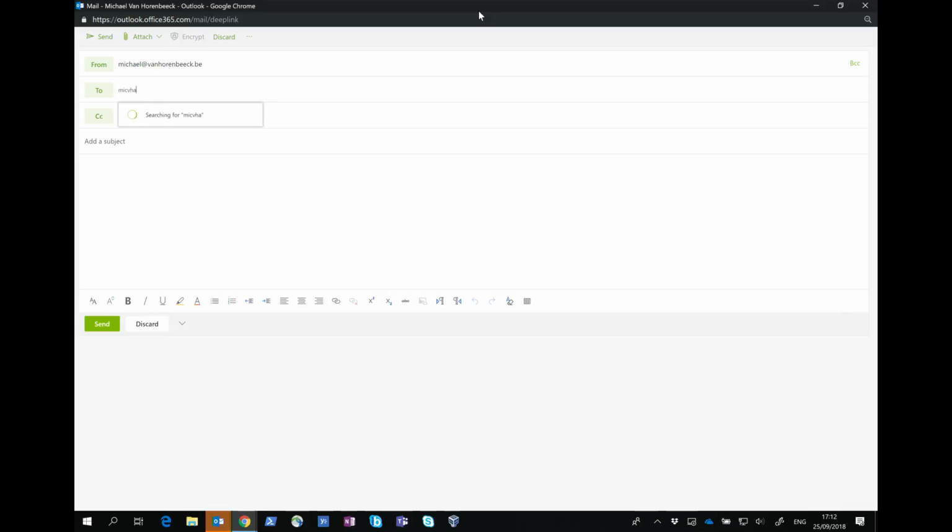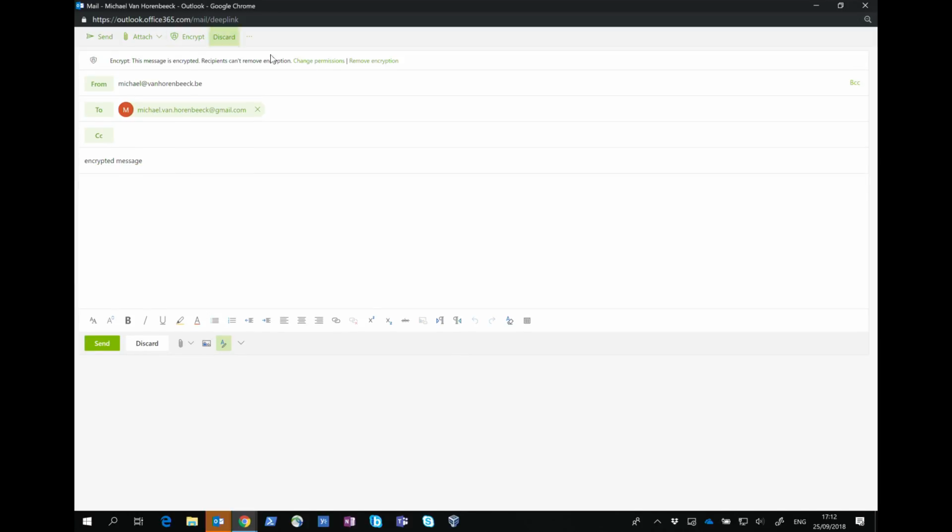So basically, when I try and send a message over to my test email address here, I can choose to, from within OWA here, encrypt the message. Now, we're not talking AIP just yet. I'm talking about OME, where I have the ability to encrypt the message, change the permissions on the message,